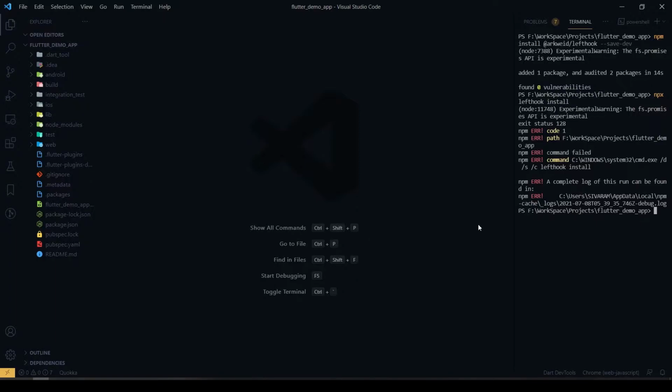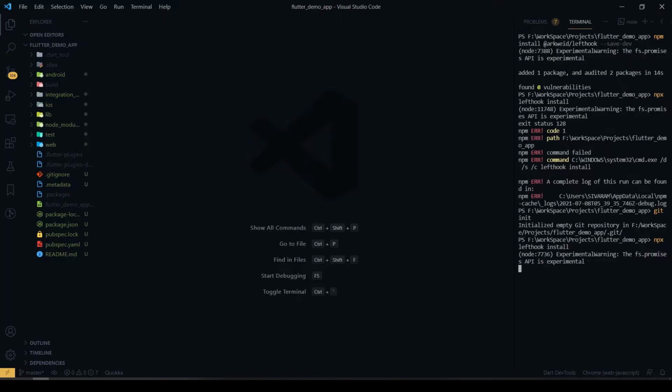For that we first have to initialize git in our project. I'll just initialize git. Yeah, it is initialized now. Now we'll install Lefthook.